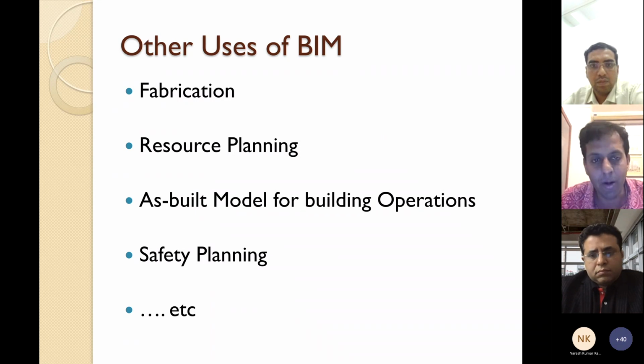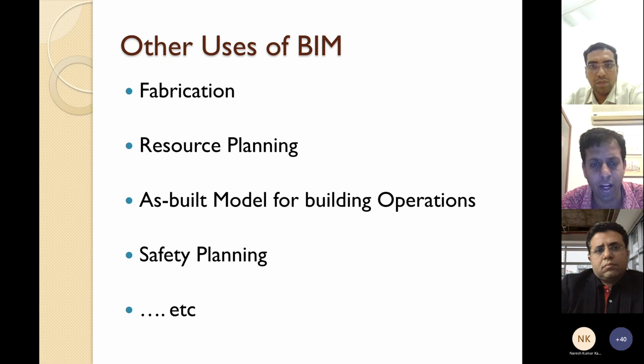So in summary, the common data environment is going to be absolutely critical, right, to this entire BIM journey or story, as you might want to call it. And it's one of the easiest things to implement because it doesn't require a whole lot of training and so on. And therefore, that's why I would say that it is one of the low-hanging fruits in the entire BIM journey.